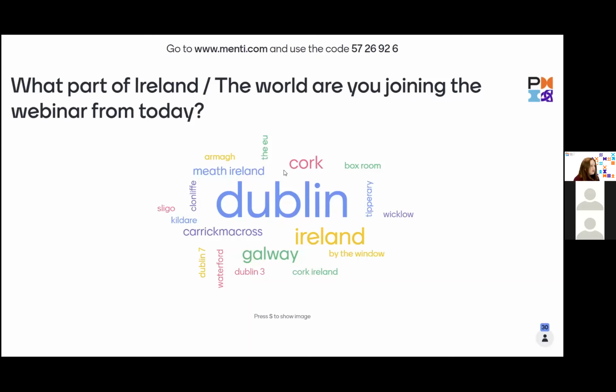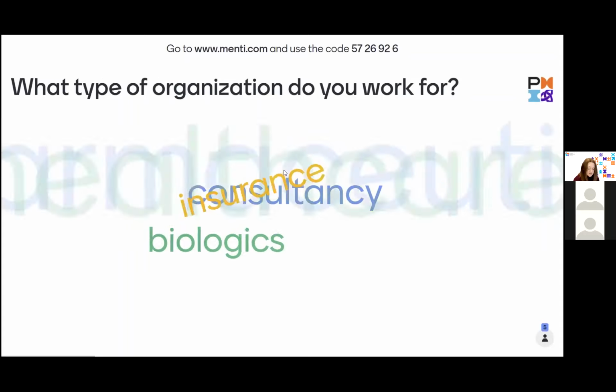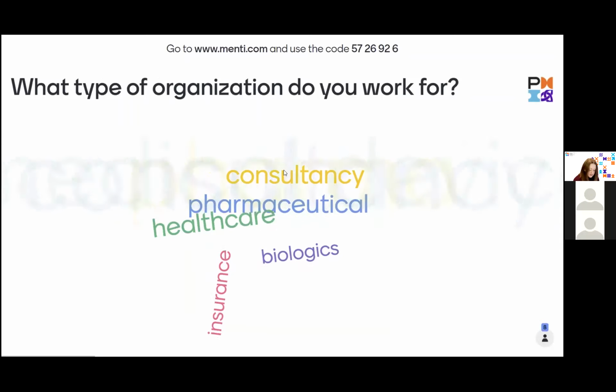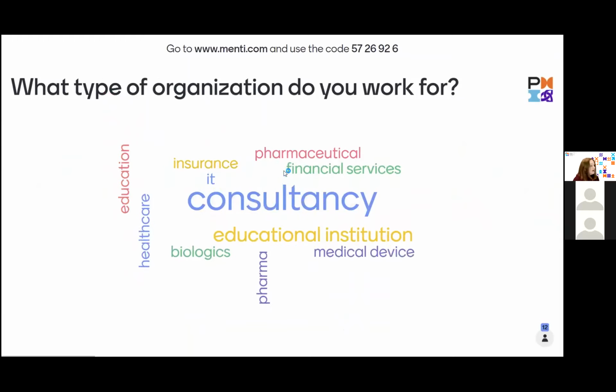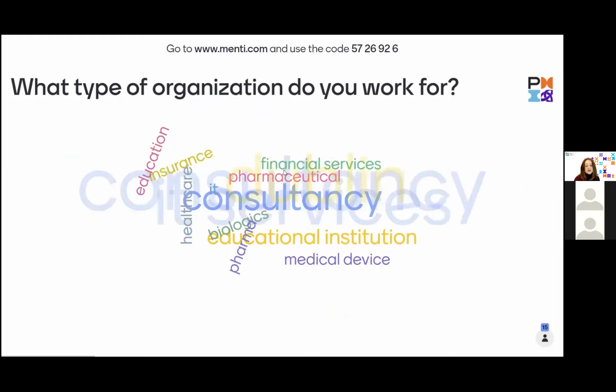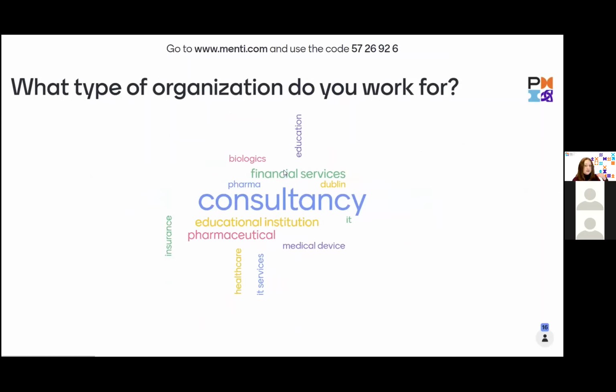I'm just going to move forward here so you guys can see, just let us know in the chat what type of organization you're currently working for. Maybe you're working in pharmaceuticals, maybe you're working in IT, public sector. We know from our previous experience that we have people working across a lot of different industries. Thanks to everyone for answering on the Menti poll, because hopefully it gives you a chance to talk to us and interact with us as well.